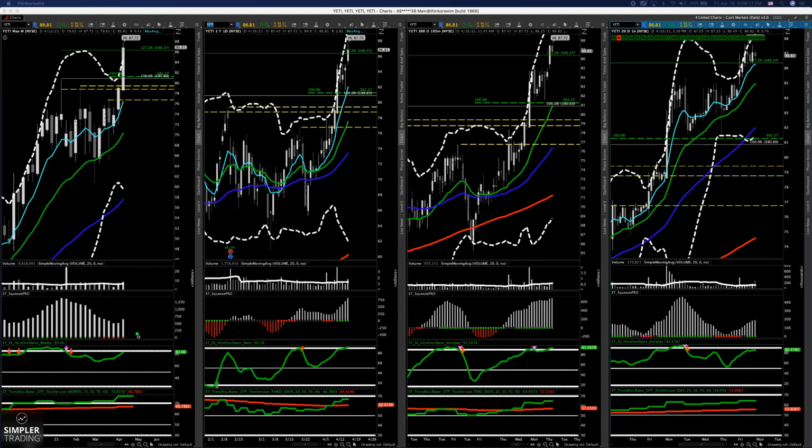You'd look to still play the opportunities, but ideally you want to get in as close as possible to that support level. That way you have a firm floor relatively close to your entry, and then from there you can push it higher. So if we do get a pullback, anytime between Monday through Wednesday, I think that opens up